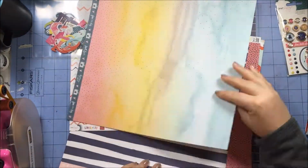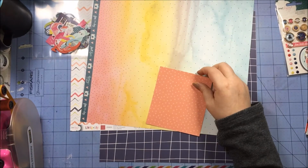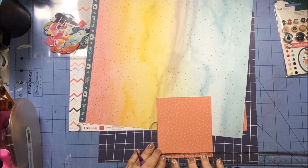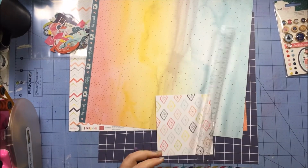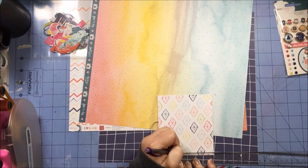So I did this layout on National Scrapbooking Day, and I did it as part of a Hip Kit forum on Facebook. One of their challenges was to use at least partially a hand-cut title. So I'm going to hand-cut part of my title, the word sky, and I'm going to start off by measuring